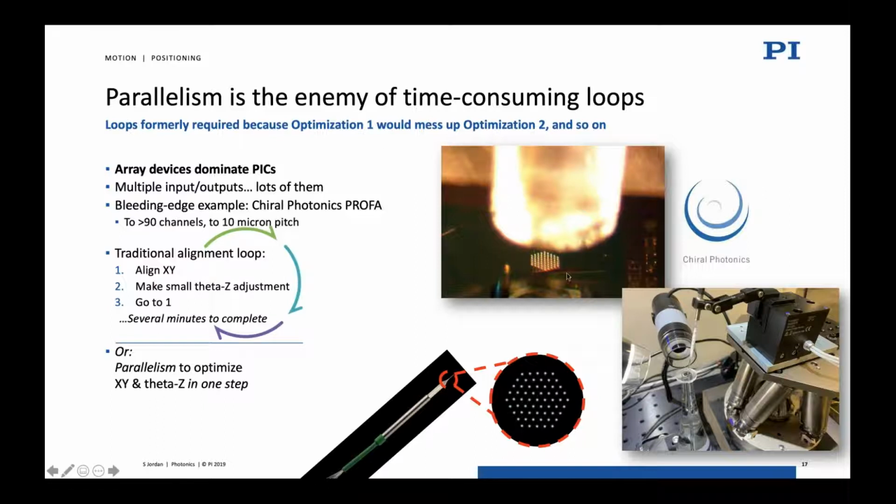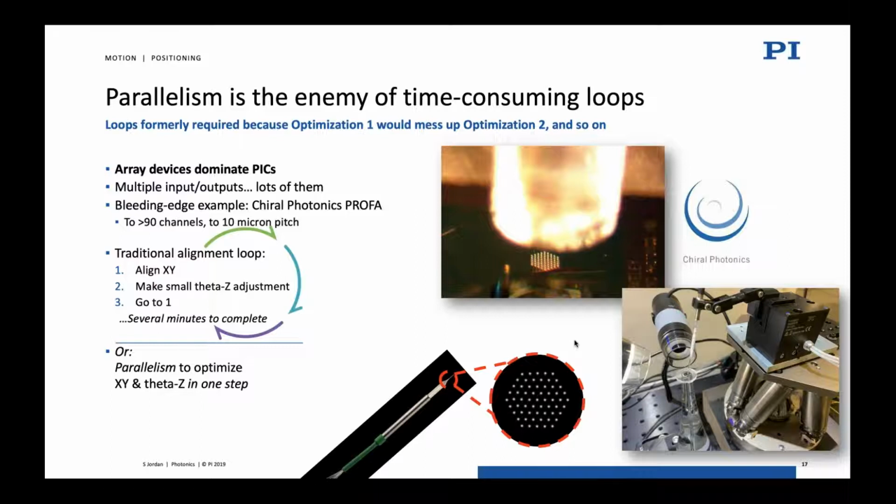This device right here that you see is a really interesting device. It's a chip made by IMEC, and those are 60 diffractive couplers, and hovering above them is a multi-core fiber probe using technology from Silicon Photonics, a very clever company in New Jersey. This has over 60 channels, and the pitch from channel to channel is very compressed. It's on the order of 10 to 40 microns from core to core, and very precisely placed. They could do this with over 90 cores in basically the same sort of area. So it's a very good way of saving real